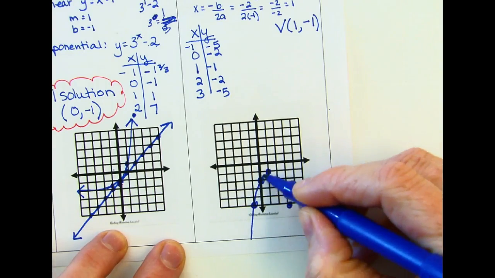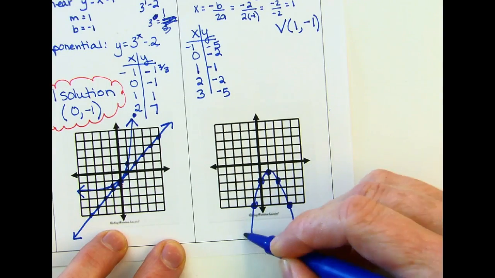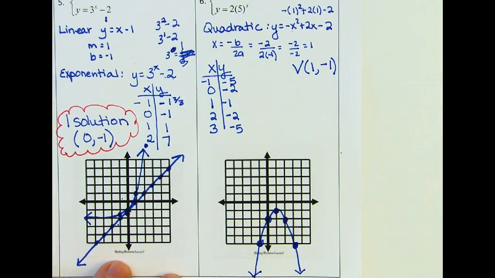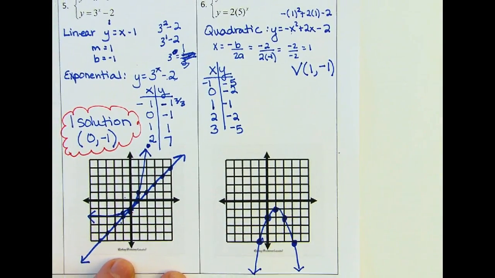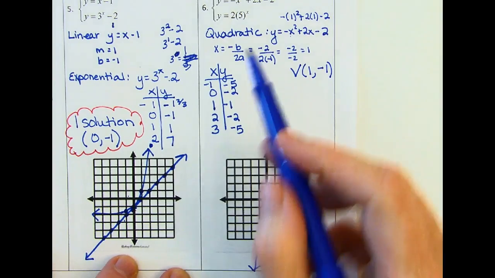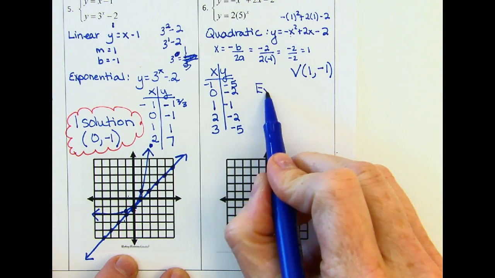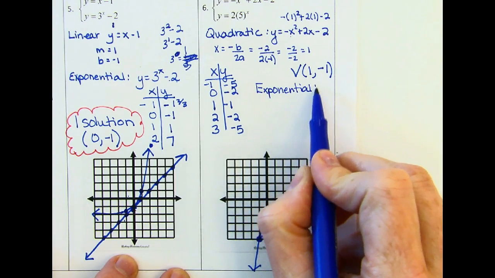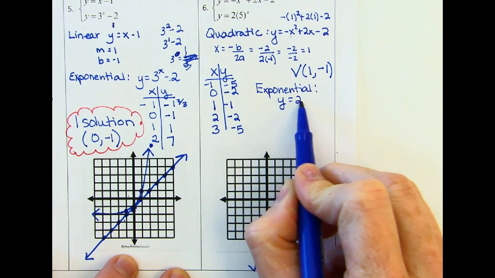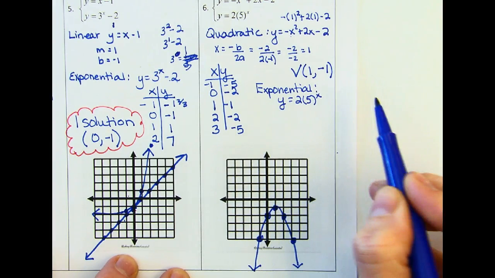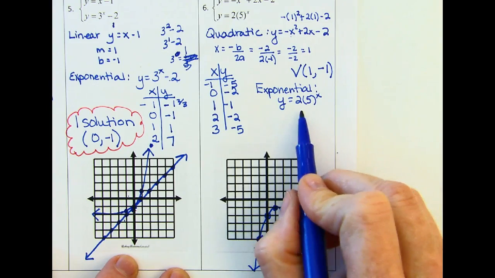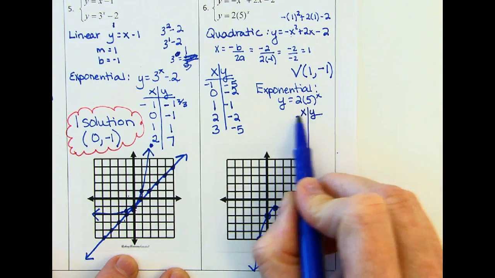It's a parabola upside down. So we finally got that first little piece completed right there. Now, the next thing we have to do is we need to do the exponential one. Once again, there's not really a trick to exponential. We just need to do an old-fashioned table. Remember to follow order of operations. So if we do a table,